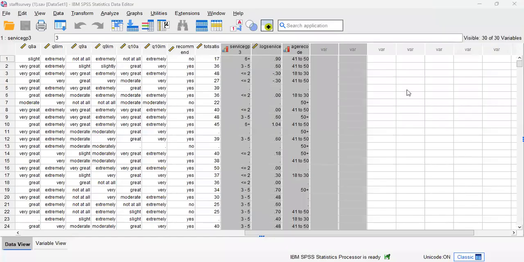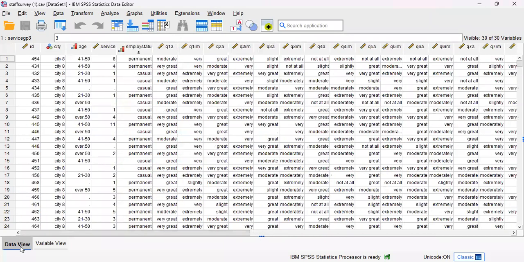So this is actually the staff survey.save data set. So we'll start again by looking. Of course, there's 2 different views. There's data view and variable view. So looking at the data view,